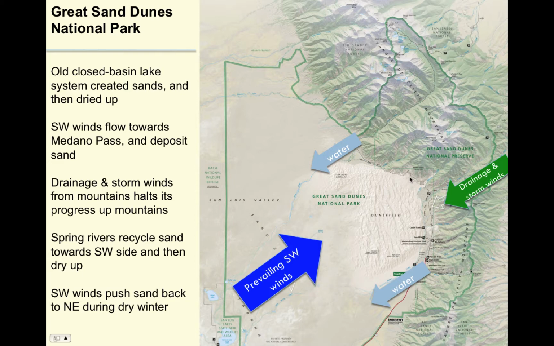A similar type creek does the same thing on the north side and pushes sand around this time. So there's a whole recycling of sand, and that's why it stays positioned, but it's very dynamic in that there's all kinds of processes moving it. The next picture I'm going to show you is from what's called the sand pit, kind of on the southeast side over here, in a place where Medano Creek flows pretty well in April and May specifically.